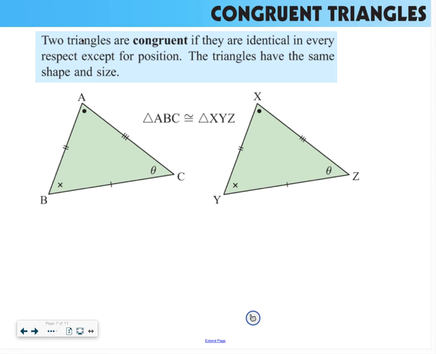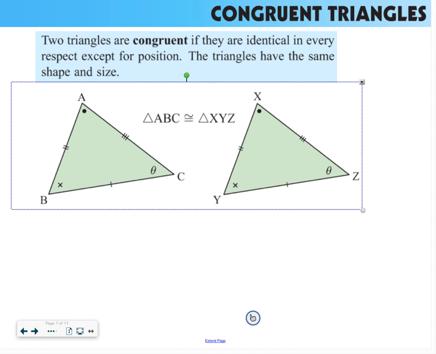All right, mathletes, here we are looking at congruent triangles. We say two triangles are congruent if they are identical in every respect except for the position. The triangles have the same shape and size. So we consider triangles to be congruent. Remember, we can have them rotated, reflected, or translated, and they can have different orientations, but we need to